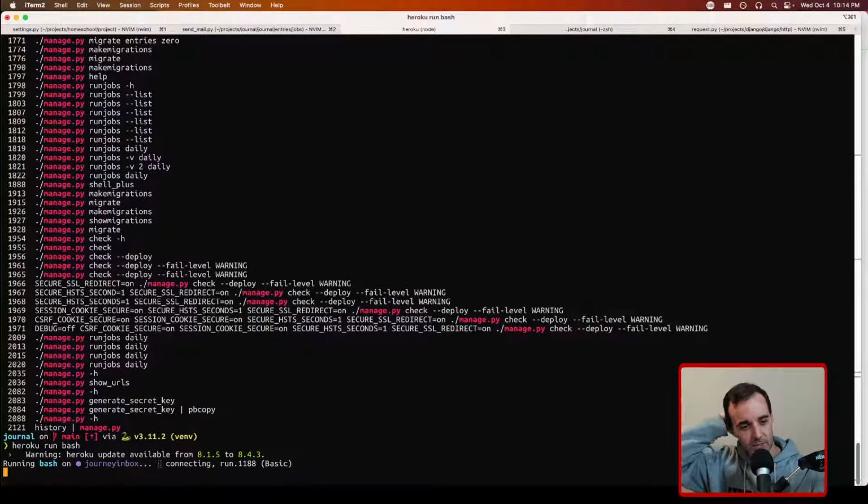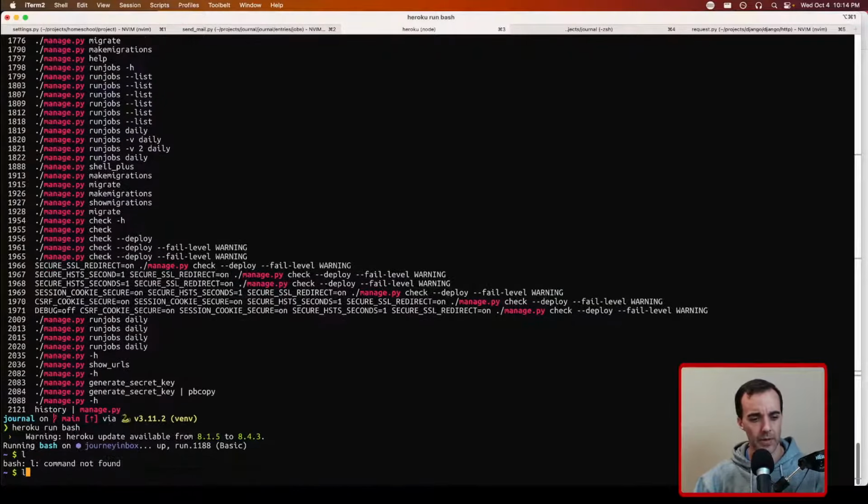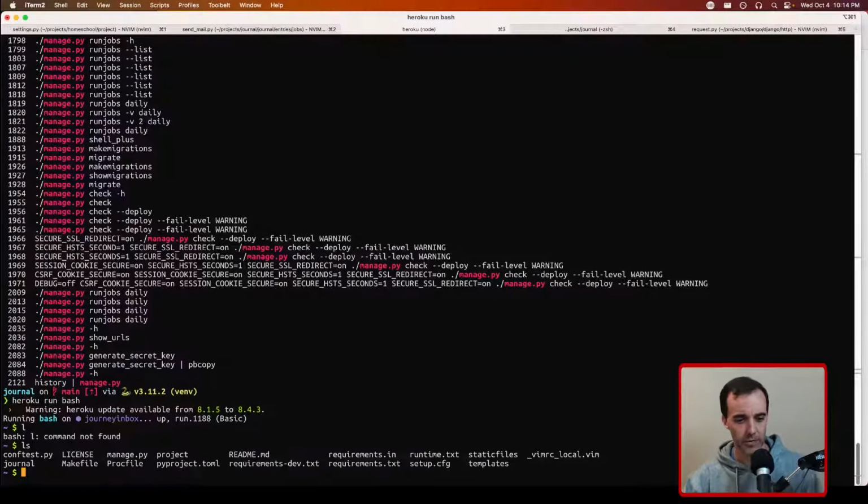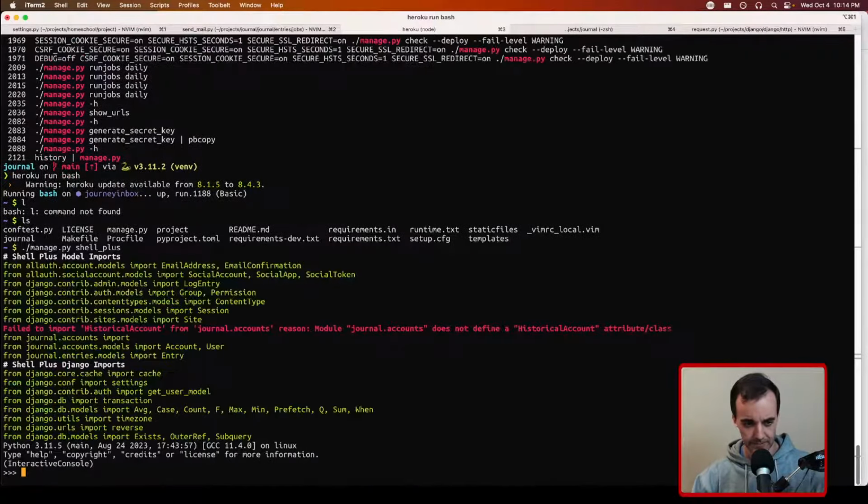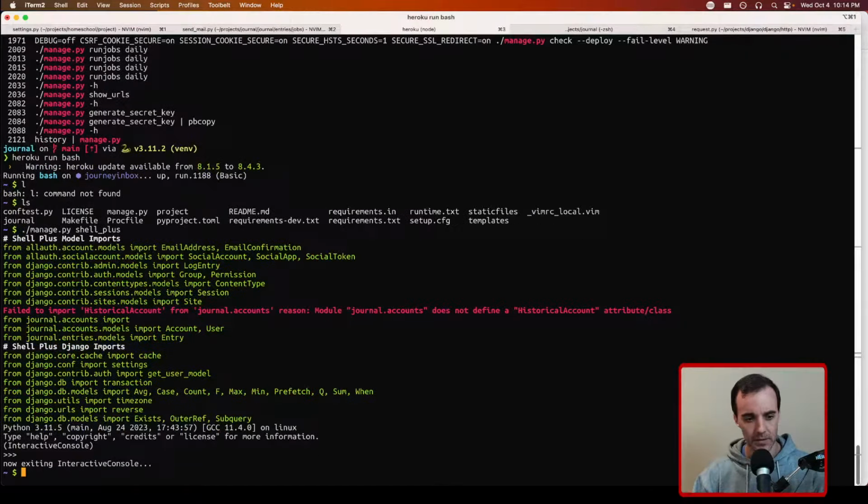And it's going to start up the thing over here. And now I'm basically remoted into the Heroku environment. And I can run all of my commands, and my code's available. So I could do manage shell plus. We did this last time. That's not what I want to do. So what I want to do